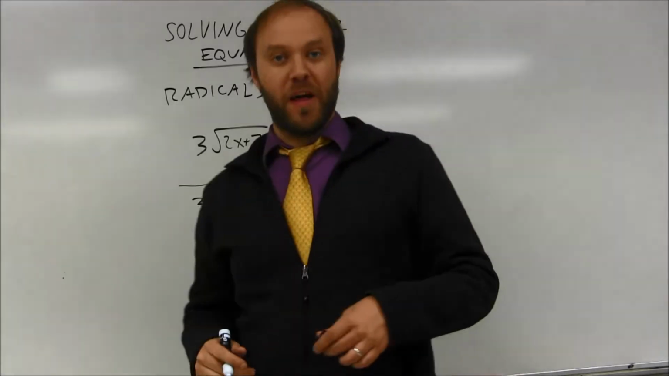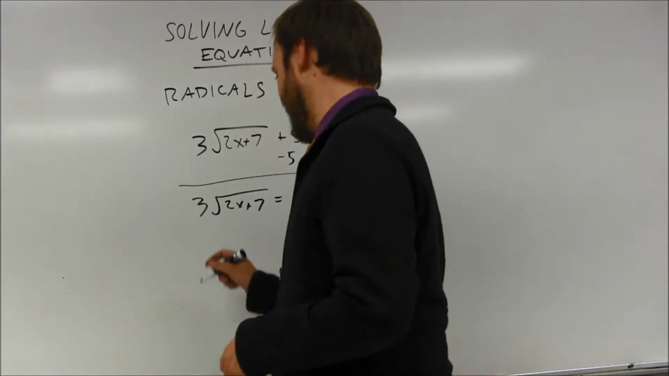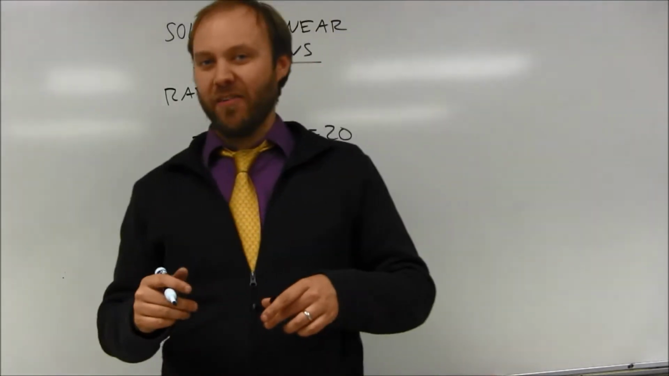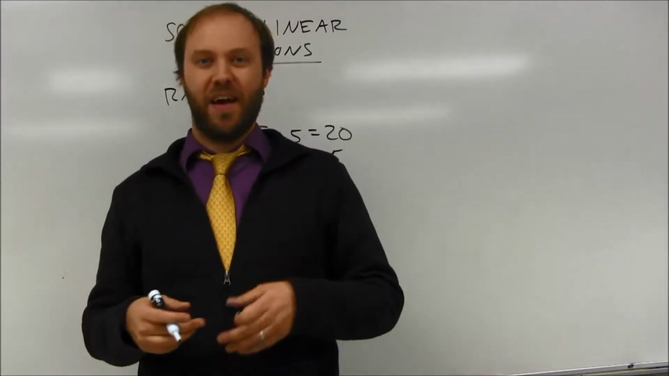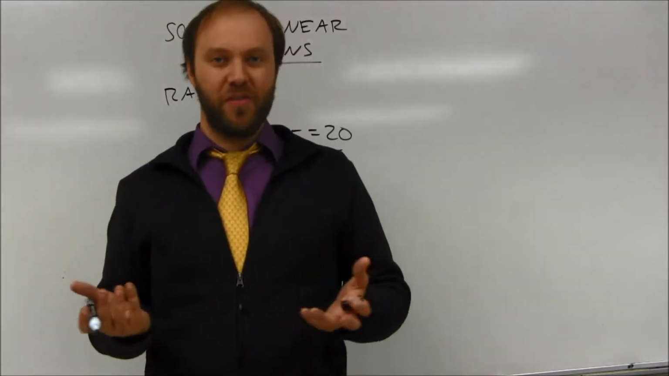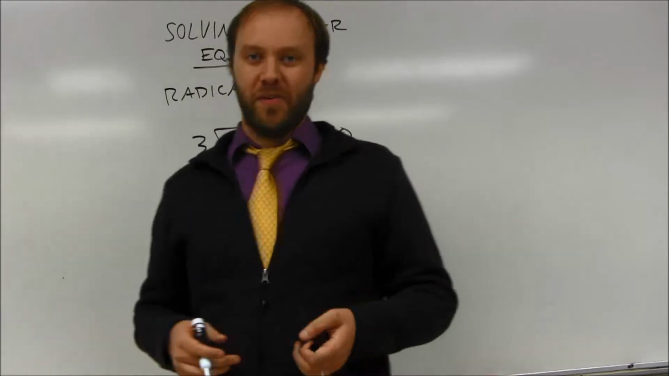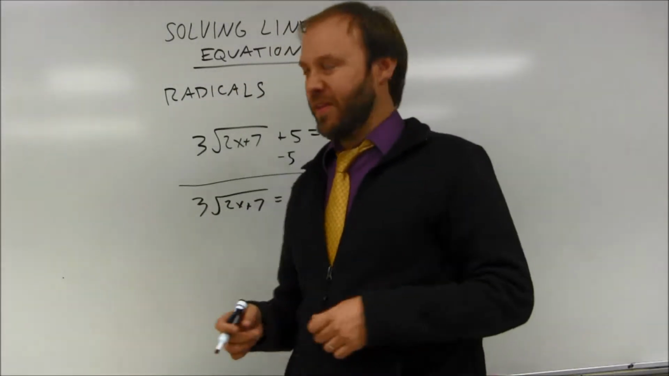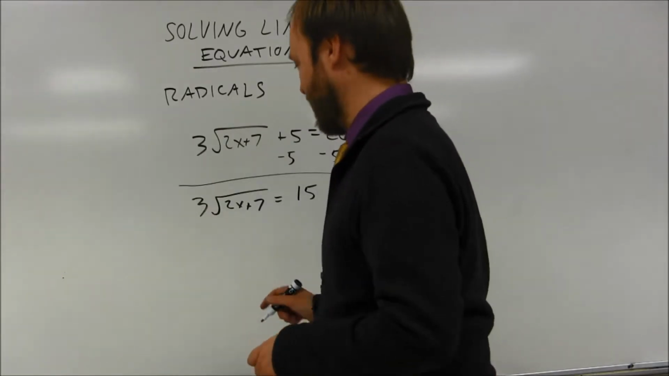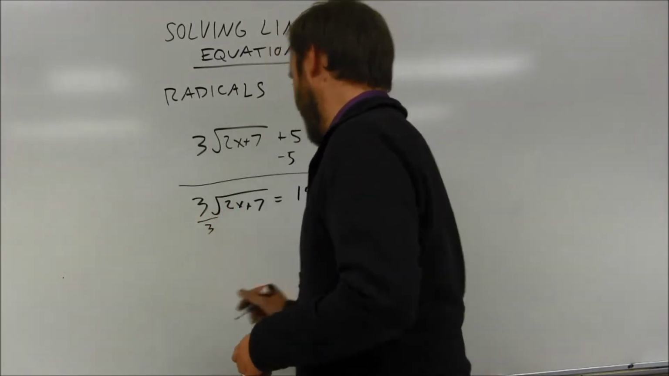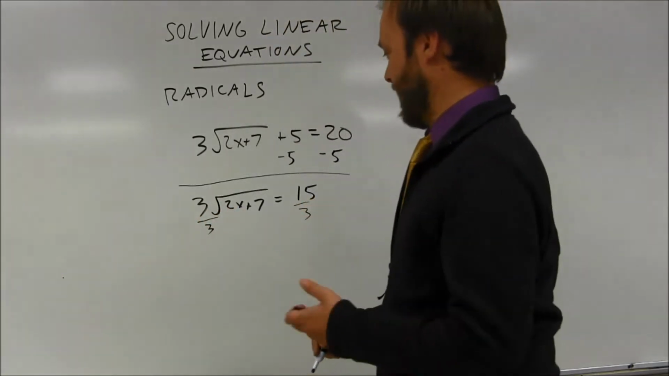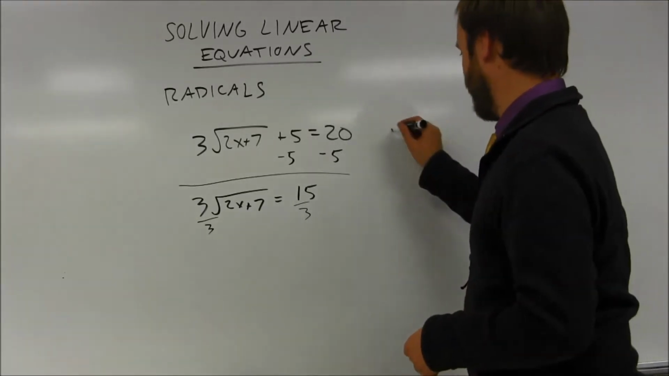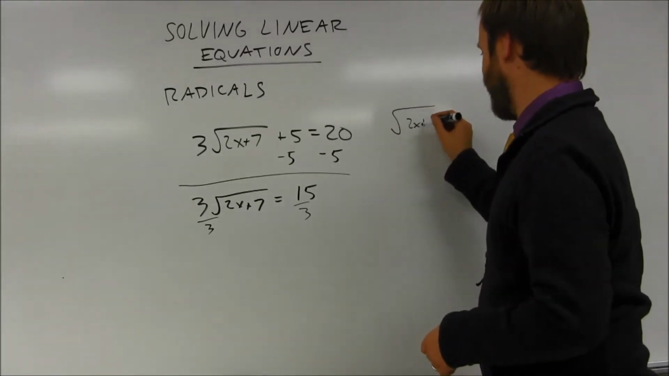The radical is being multiplied by 3, so I want to undo that. I want to divide by 3. Be careful about trying to distribute. In general, you don't want to change what's under the radical. There are special cases where you can bend some rules and use some radical properties, but usually they're not going to be necessary for solving equations. So this is being multiplied by 3, I want to divide it by 3. And so what we're going to end up with here is radical 2x plus 7